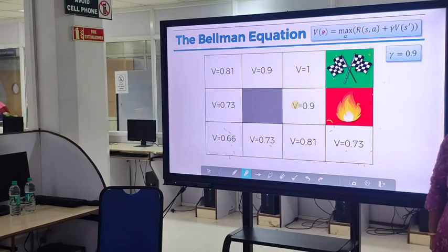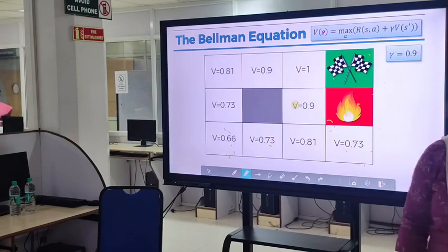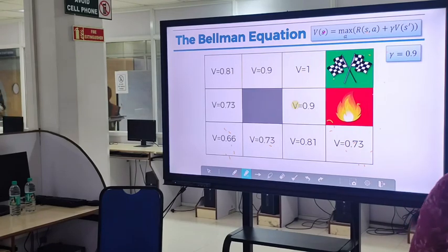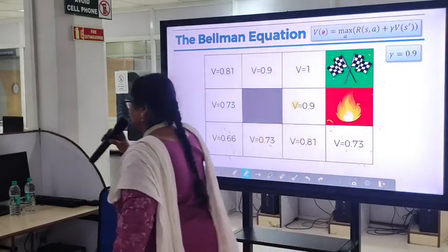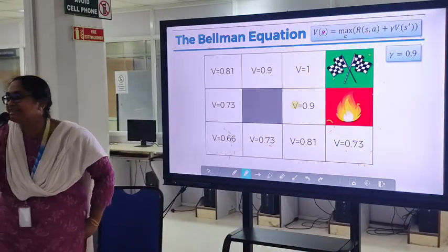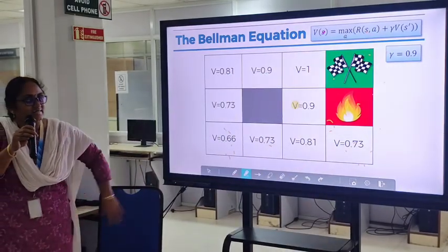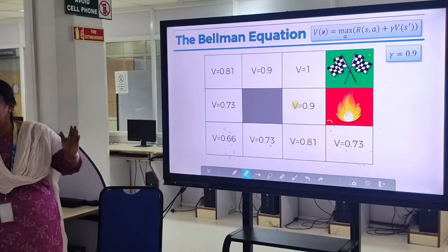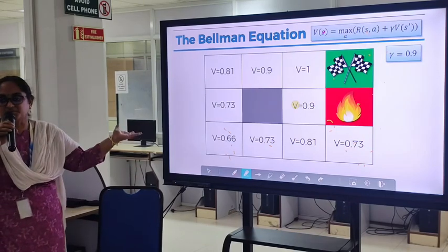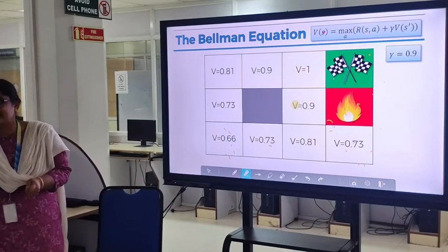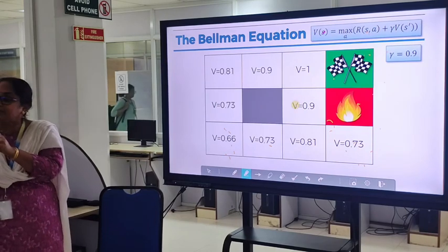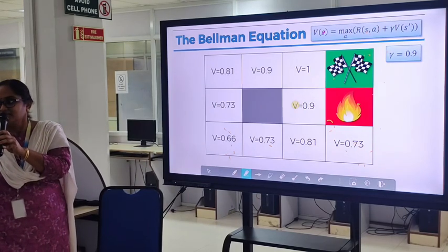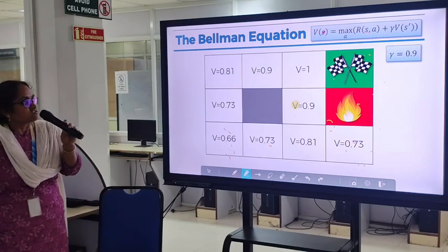Okay, here in the Bellman equation, the main concept is that two things are there. One is that we are assuming that the value that we are calculating is not depending on any of the prior information. We are assuming that from the current state, we are calculating that information. We are not taking into account any previous information. Okay. So now,